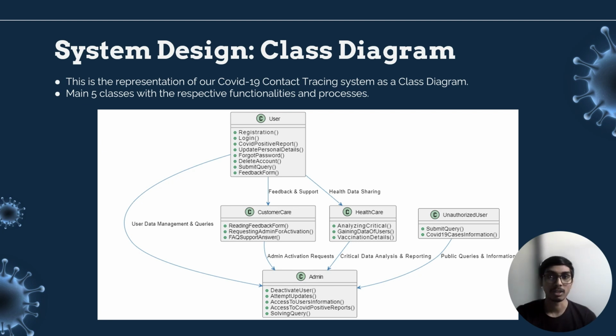In addition, we can see that all classes are interconnected through different processes. For example, user is connected with admin, customer care, and healthcare through user queries, feedback and support process, and health data sharing respectively. As far as admin is concerned, admin has all the privileges to control all the functionalities. For example, deactivating the user account, access to user information, solving user queries, and many more. Next,